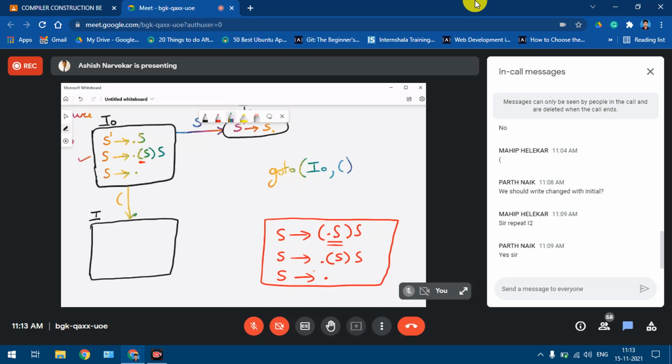So what it does is, it is taking me to something. What is that something? I rewrite the same item which contains this open bracket. So S gives open bracket S, the same item or same production. But now in this case I shift the dot to the right side of the